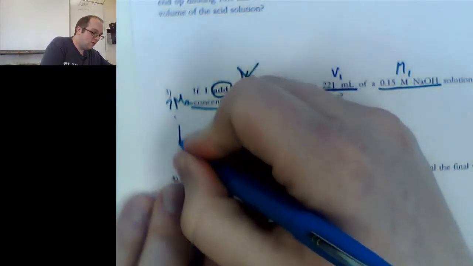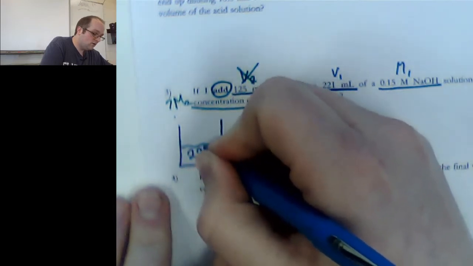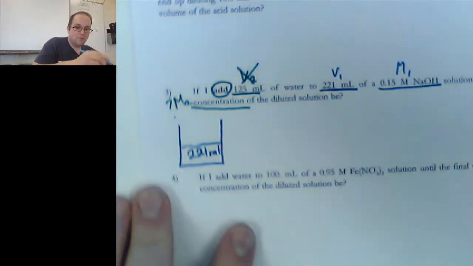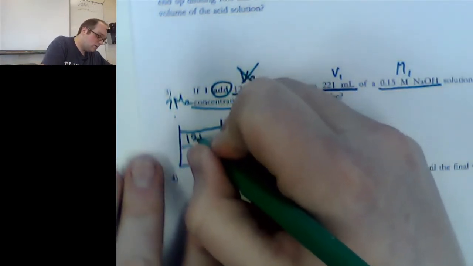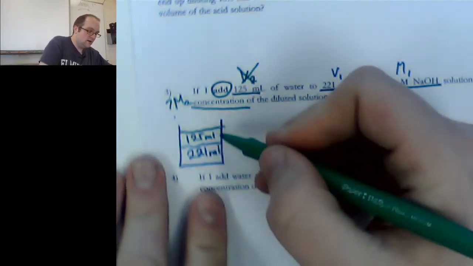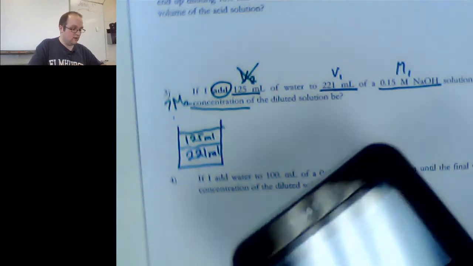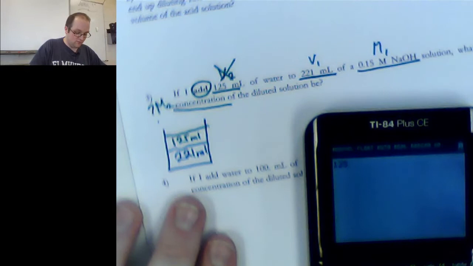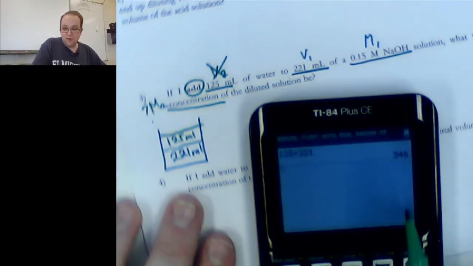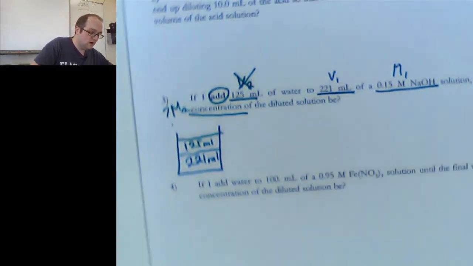And I have a solution that has 221 milliliters, and I'm pouring in, I'm adding 125. These two have been combined in a dilution. And I'm going to go ahead and add those together to find my total. So I have 125 plus 221. It adds up to 346. It's blurry, but it is there. So we have a total new volume of